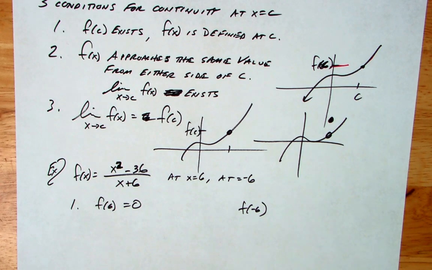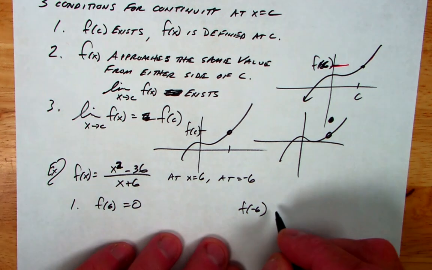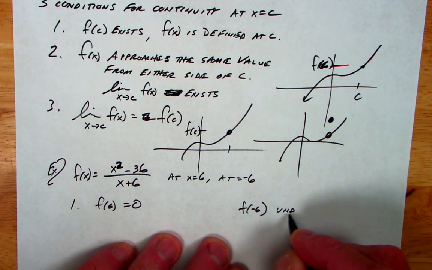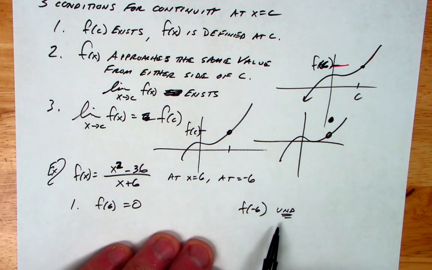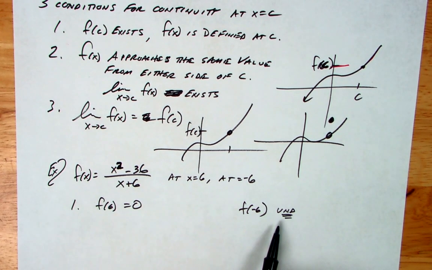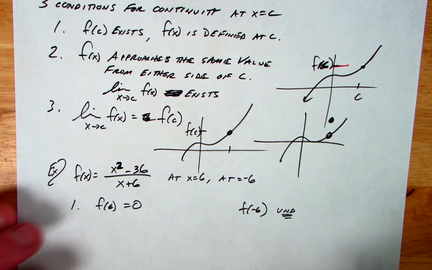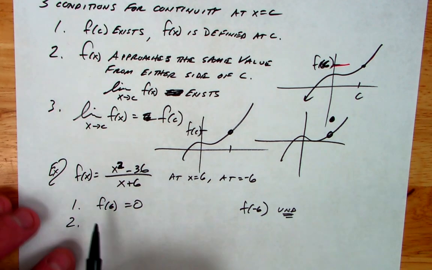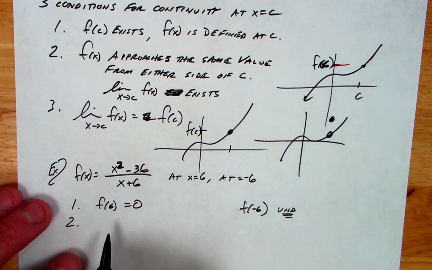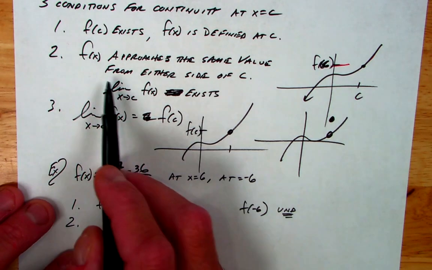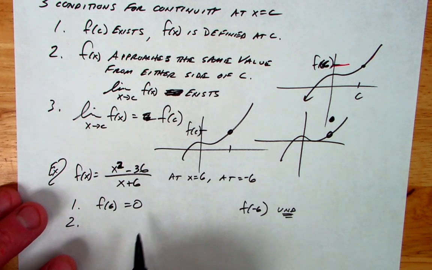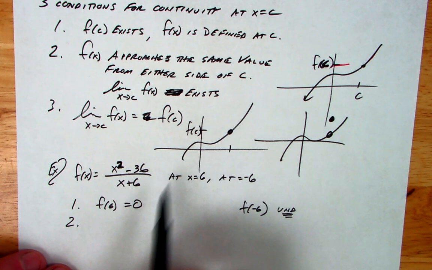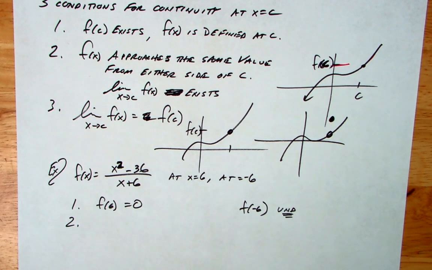Okay? So this one is undefined because we end up with a divided by 0. So right here, does this pass test 1? No, it doesn't exist. So we're saying it's not continuous at negative 6 on that one. So let's just do the other ones. What is it asking for? What is the limit as x approaches either side of c? Well, in this particular case,